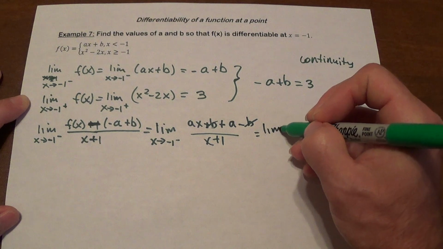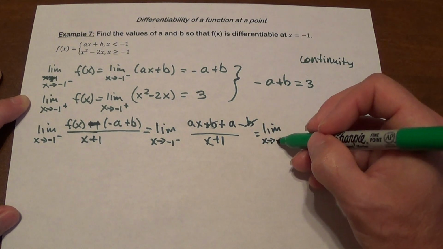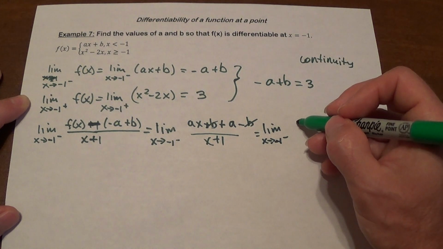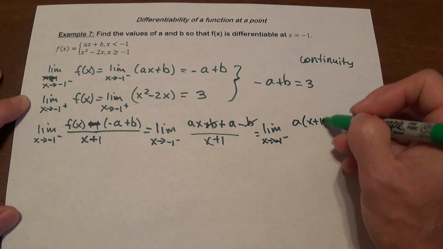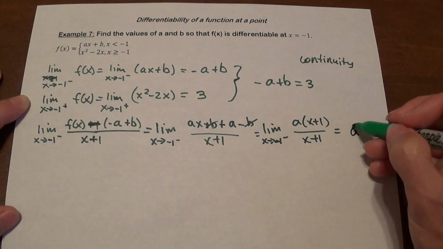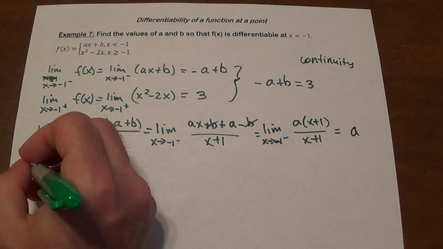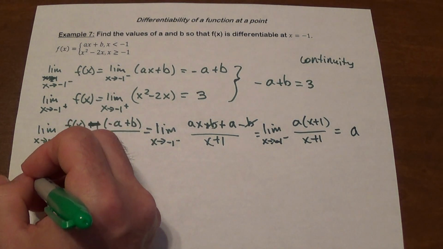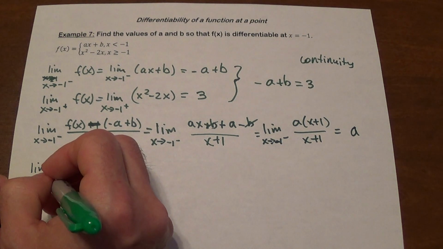It's going to be the limit as x approaches negative 1 from the left of, we've got ax plus a, we can factor out a, x plus 1 divided by x plus 1. It's going to equal a. So the slope on this side is going to be a, which is consistent with the slope of the line itself, right? And then for the right-hand side, x approaches negative 1 from the right,